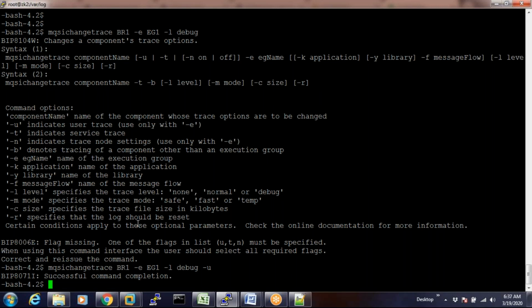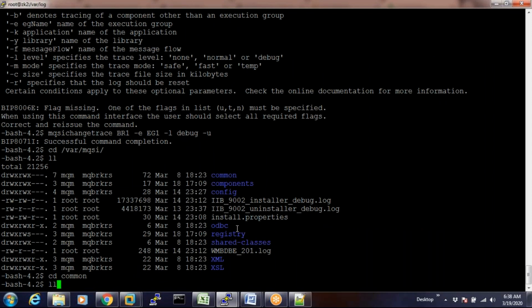Yes, exactly. Now, if I deploy something or if I delete something, that will be recorded with each and every phase in the trace files. Right now, we are not doing any deployments, but I'm pretty sure something is going to be recorded in the trace files. For example, if I go to var mqsi